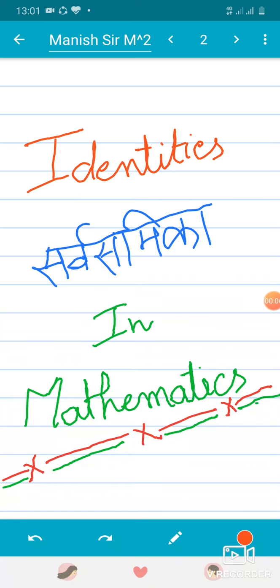Today's topic is identities. In Hindi, we know it as Sarvasamikaran. Generally, an identity in mathematics is the universal value of any expression. So, firstly, we should know the definition of identity and how to recognize whether an expression written in mathematics is an identity. The definition of identity is an equality relating one mathematical expression